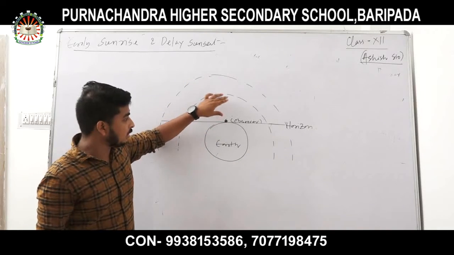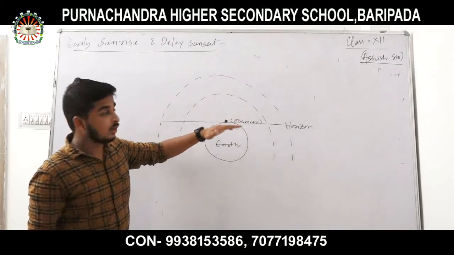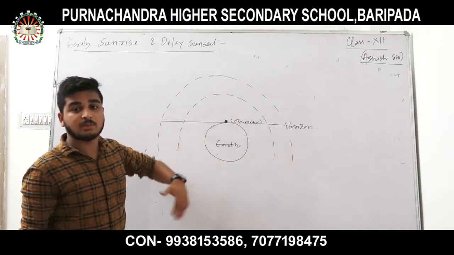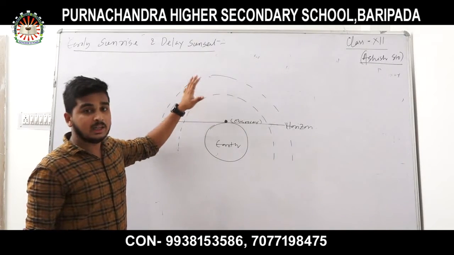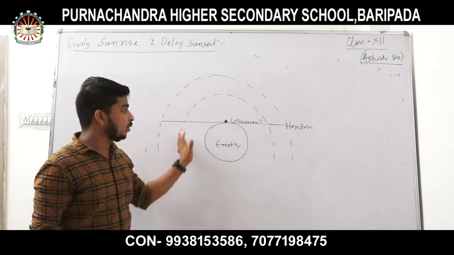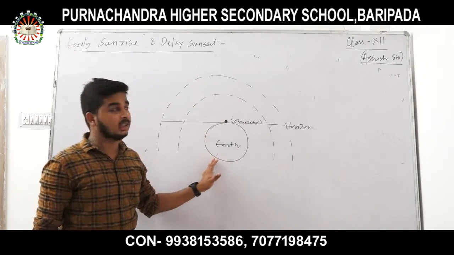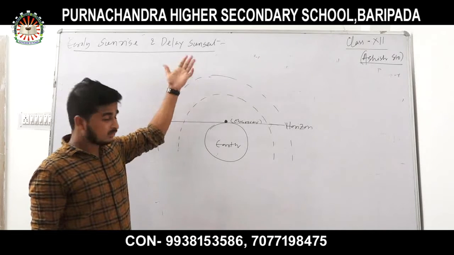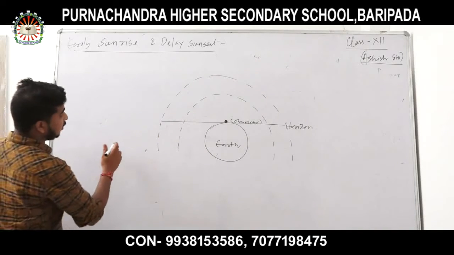the number of molecules present in the lower level of the atmosphere is more than that of the upper level. It means the lower level has the maximum molecules compared to the upper level. So look,